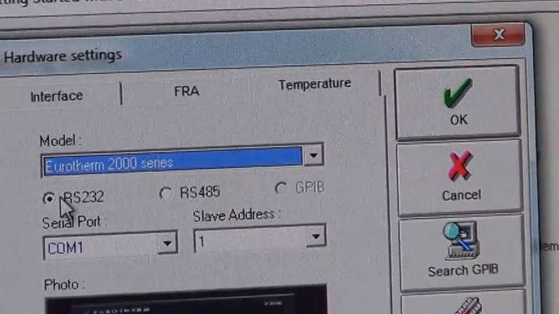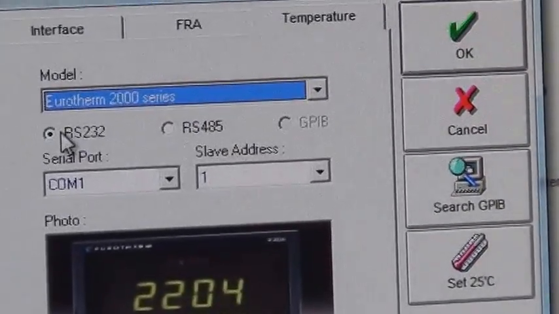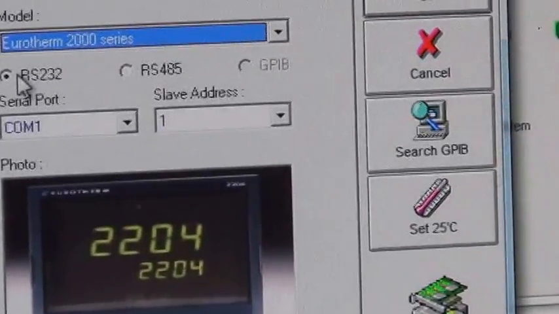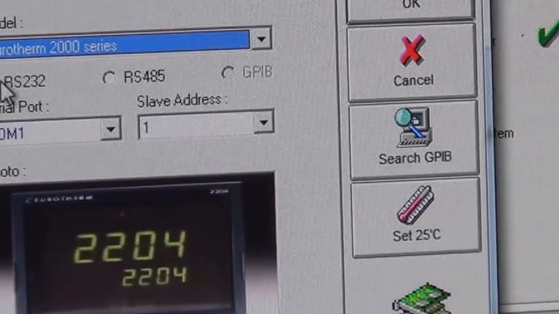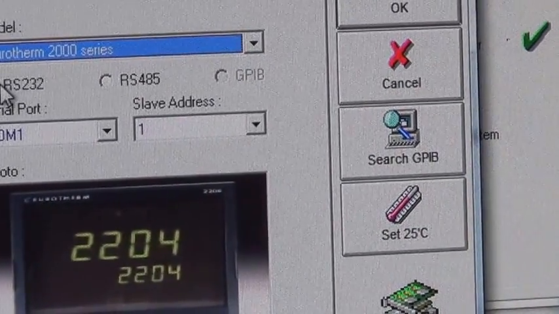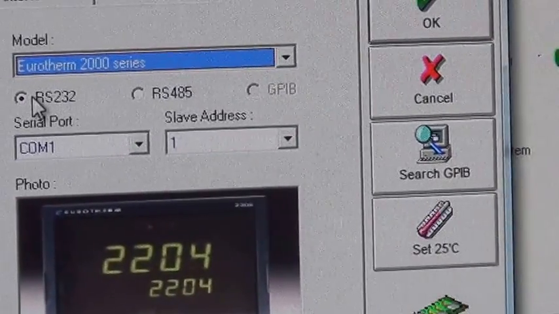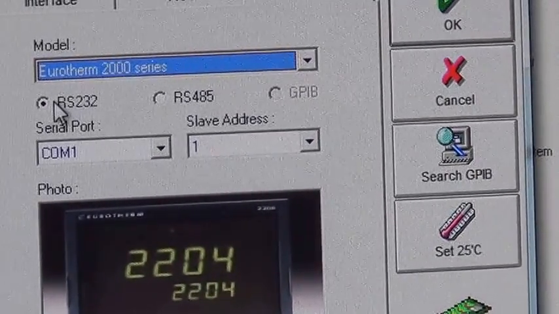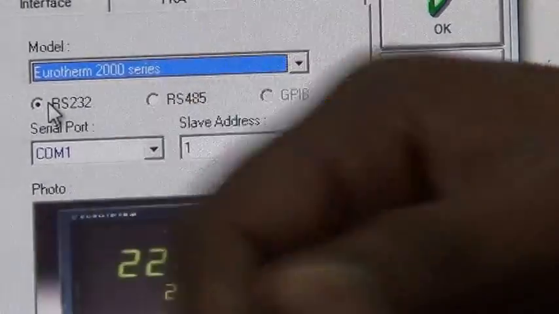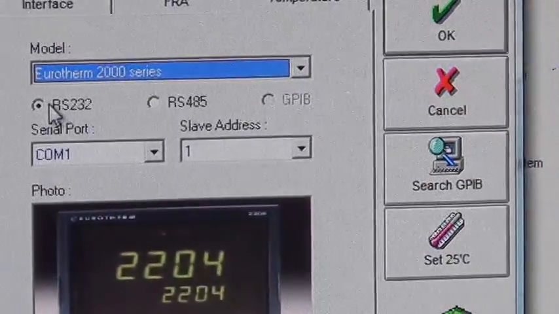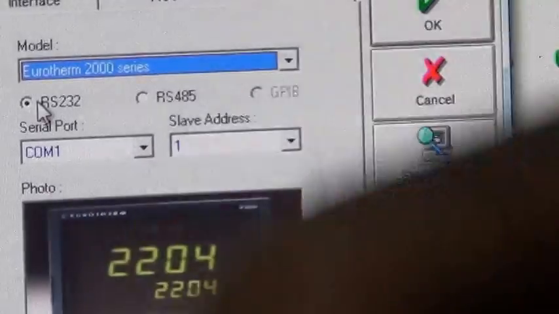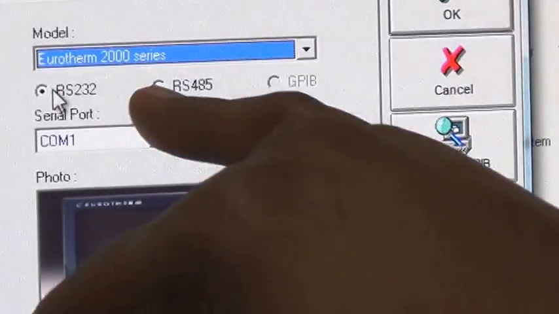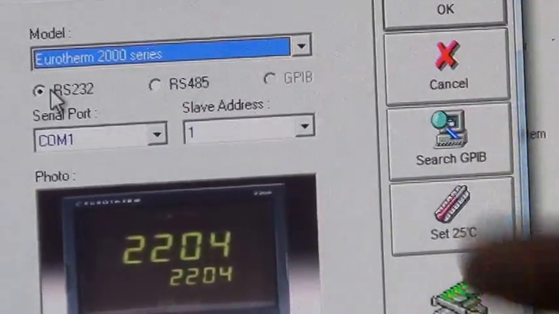But the ProboStat comes with the Elite furnace with that Eurotherm only. Elite furnace is from Germany? Germany. The ProboStat is from Norway. In that case, I'll be putting the RS232 cable between the PC and the Eurotherm controller. Once I select, I can choose the one connected to COM port 1 or 2.